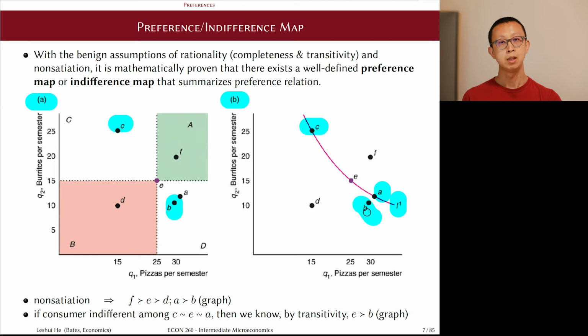than B. Now once we have transitivity in place, we already know that this consumer is indifferent between C or A. In other words, the consumer weakly prefers C over A and A over B. Therefore, this consumer must also prefer C over B. And similarly, we can deduce that the consumer would also prefer bundle E over bundle B. Again, not an easy conclusion we can draw by just looking at figure A alone without the help of the